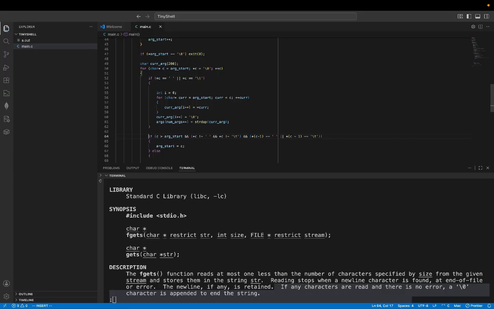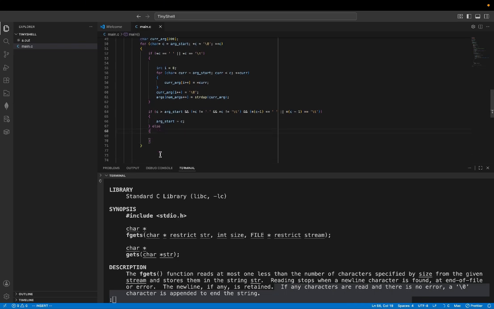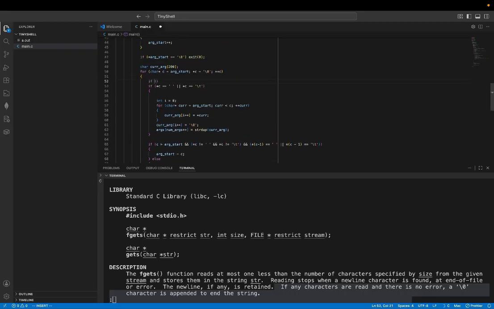If c is past the arg start, c is not a white space, and the previous thing was a white space, if c is greater than the arg start and c is at some white space, and, okay, I think I'll put, and